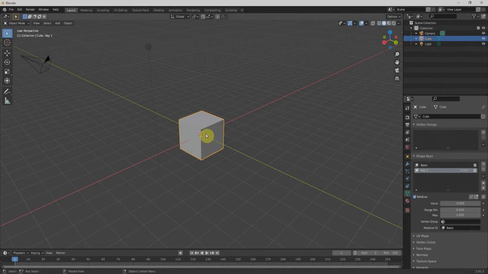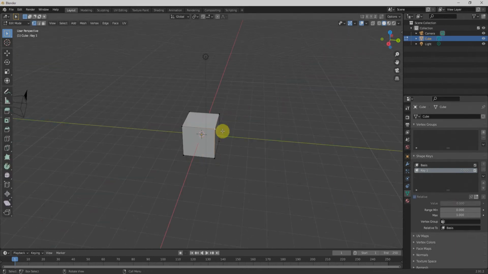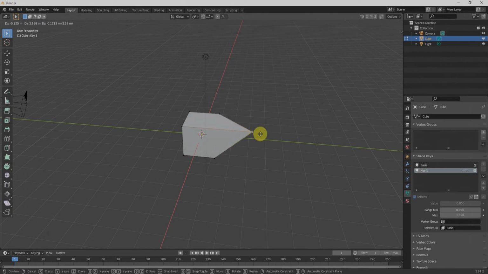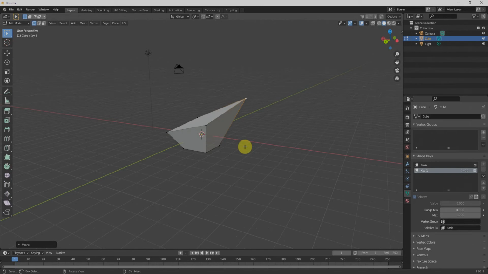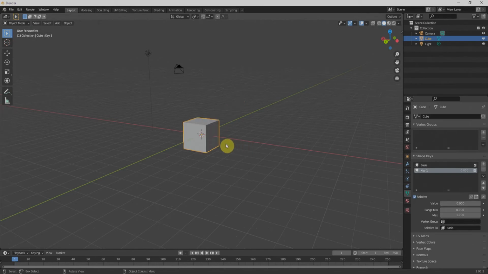From here we'll press Tab again and make that change again, or anything else like that. Once we press Tab again, it will go back. But if I change the value from here to there, you can see that there is a change. It is a shape key that allows us to animate the cube.